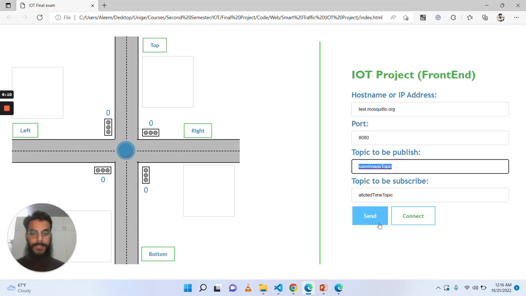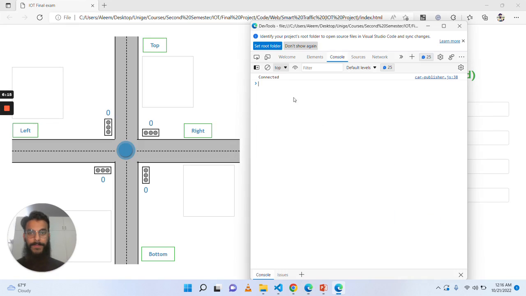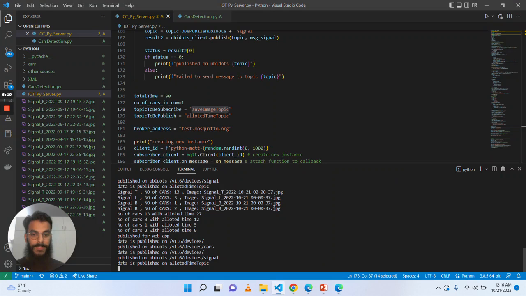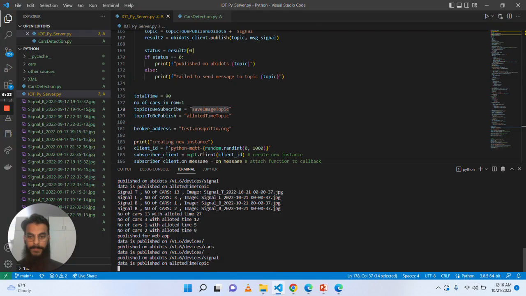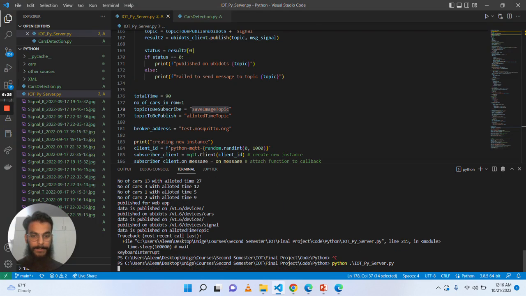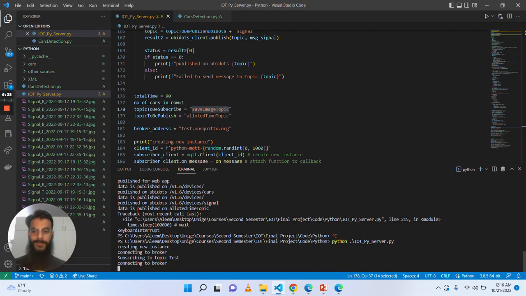So let's connect with the Mosquitto server. Here we are connected, and now I have to run the backend service, which is already running. It's just a Python script. I restarted it so we are on the same page.